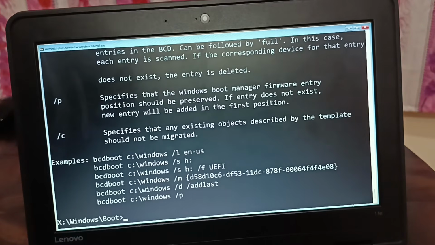Since I typed a wrong command, it is showing me this message. So as soon as you hit the enter key,